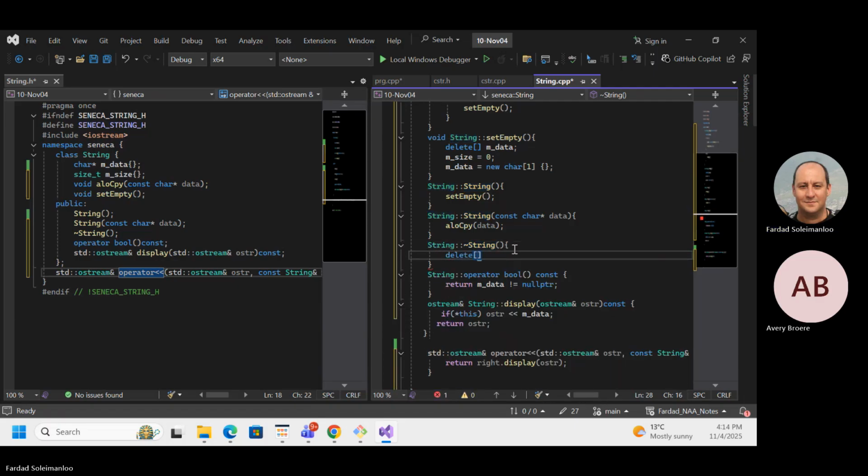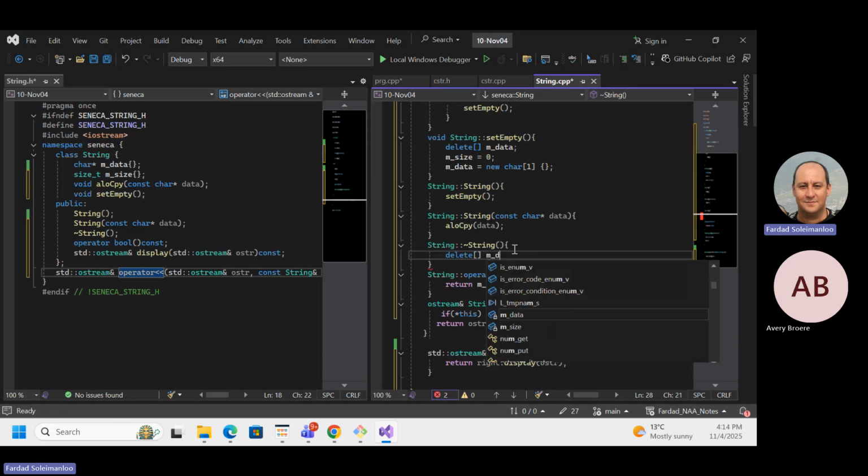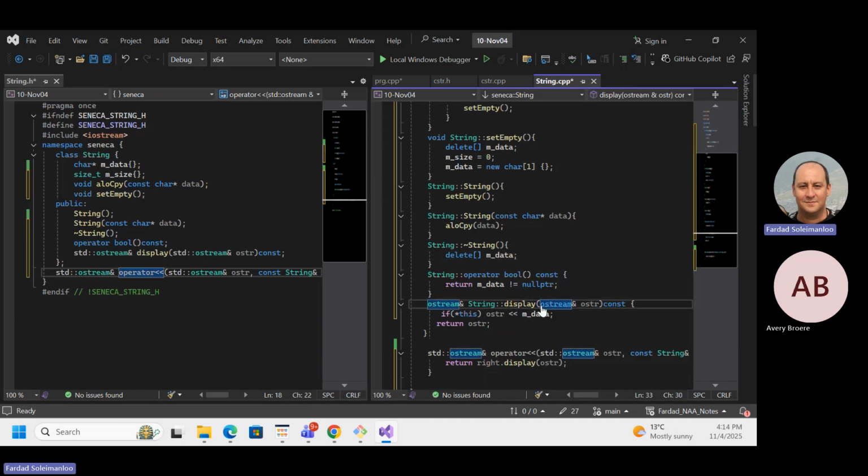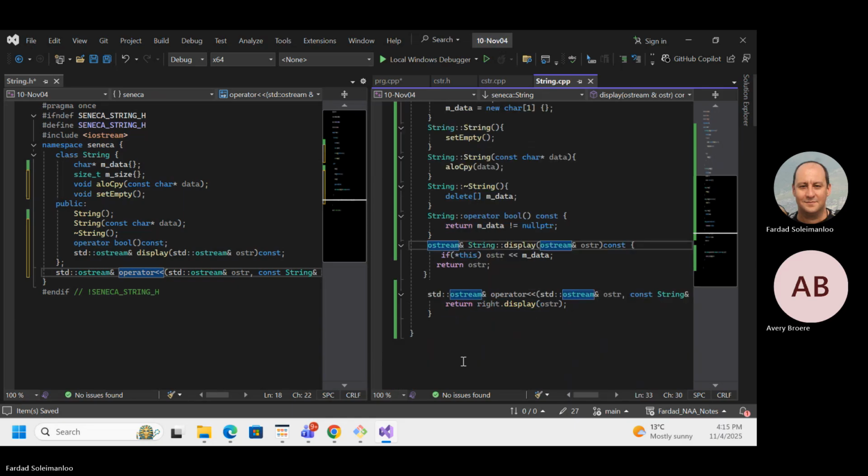Delete. And that. Do I need to set the size to 0? No. Do I need to set anything to null? Oh, is that a question? Set a default value for ostr. Sure. Here, you mean?